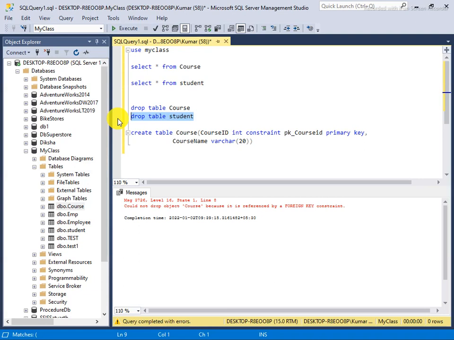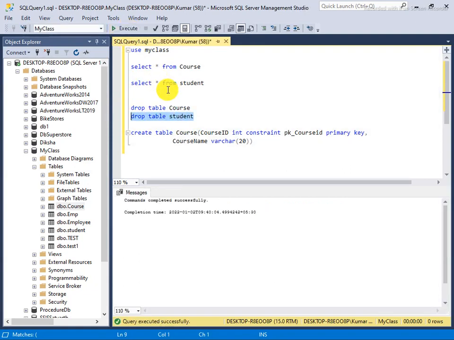Before that, you need to remove the constraint or the relationship, then you can delete the parent table. Otherwise, first delete the child table, then later delete the parent table. So firstly I will drop this, and now I will drop this, then both have been deleted.